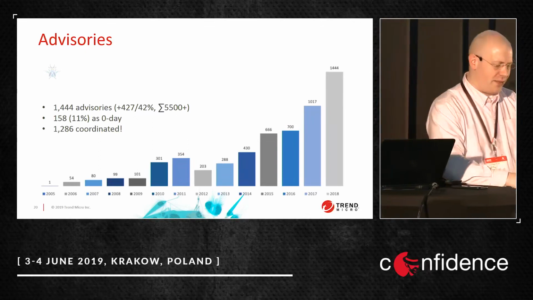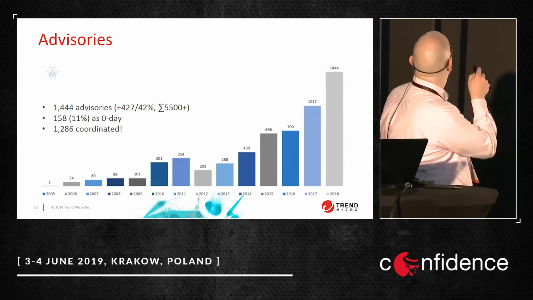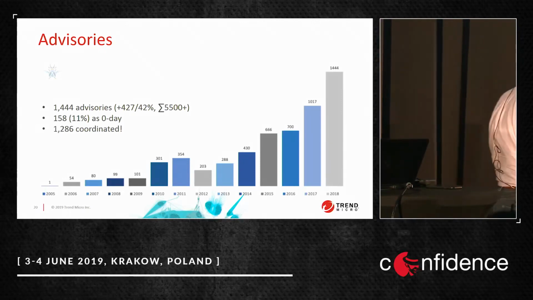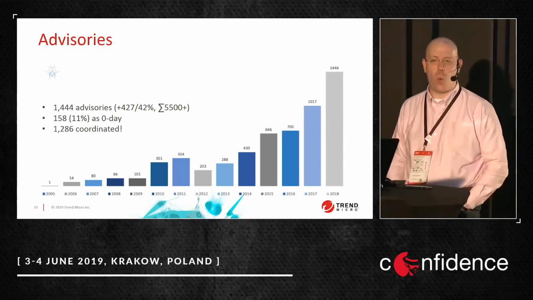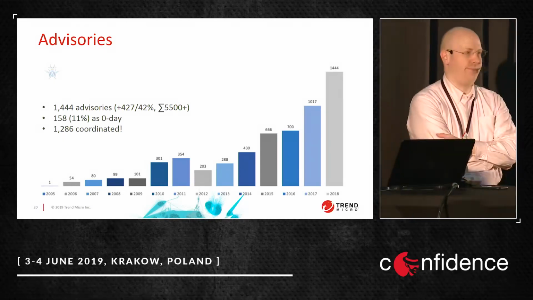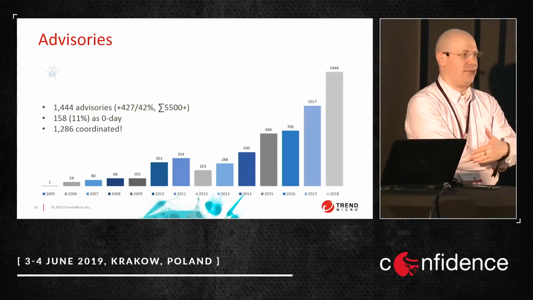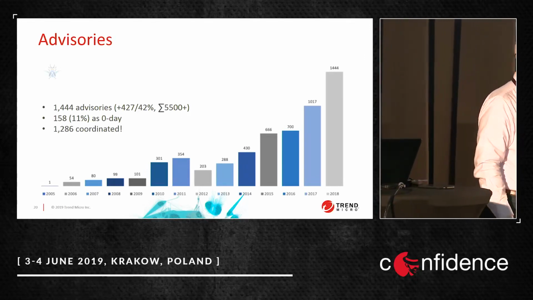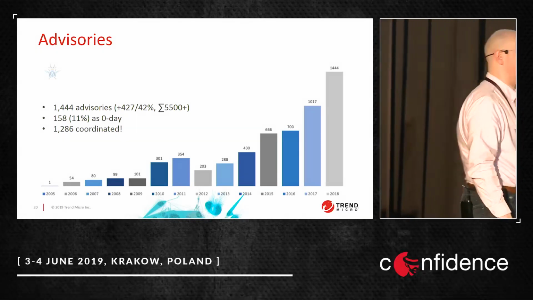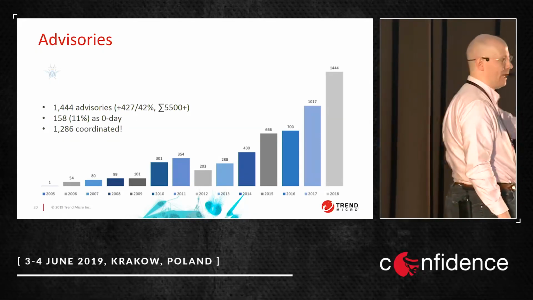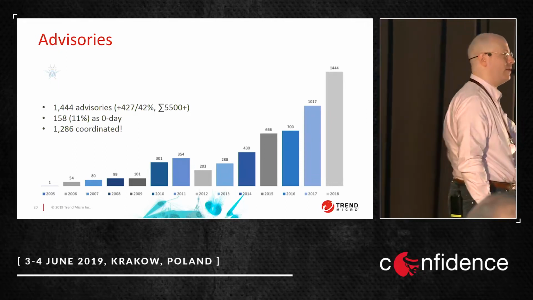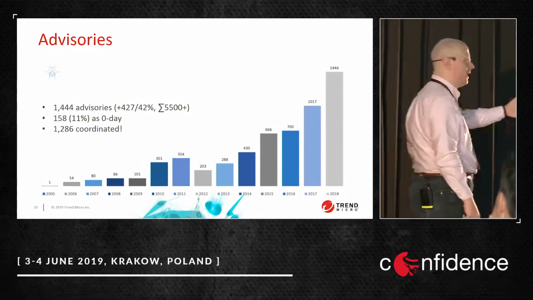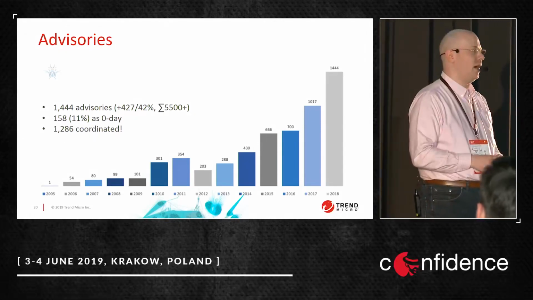And the one thing that makes me sad is, I hope you can see it, of those 1,444 vulnerabilities, 158 were disclosed as a zero-day, which basically means that we got the vulnerability, we informed the vendor, we disclosed the vulnerability to the vendor, and the vendor didn't react or didn't come up with a patch. So once we inform the vendor, this clock starts ticking, and after 60, 90, 120 days, depending on the vertical, we're going to release it.